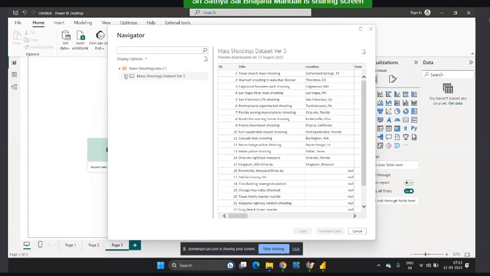Let's see, I am unselecting this one. After selecting only this, we have Load, Transform Data, Cancel. Now I need to load this one. Here there are two things. Load means just the data will load, that's it. But